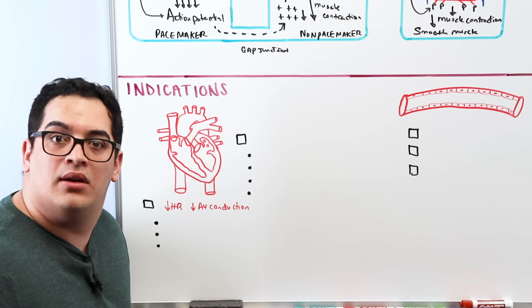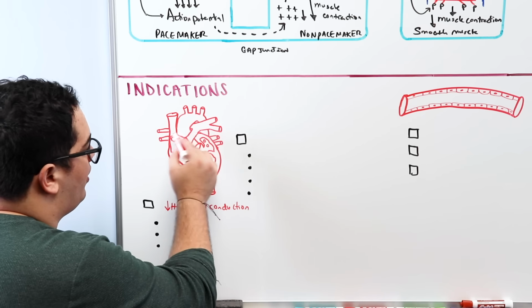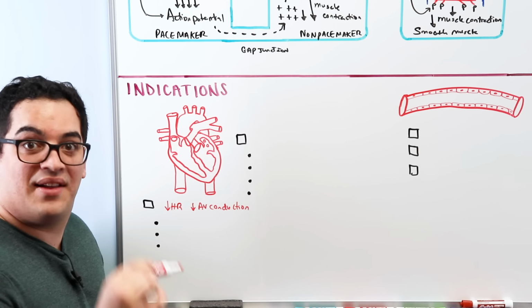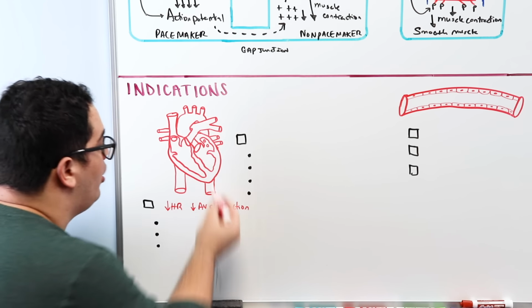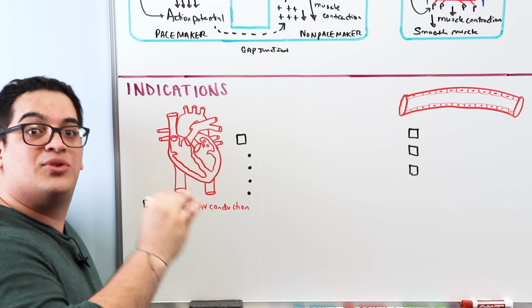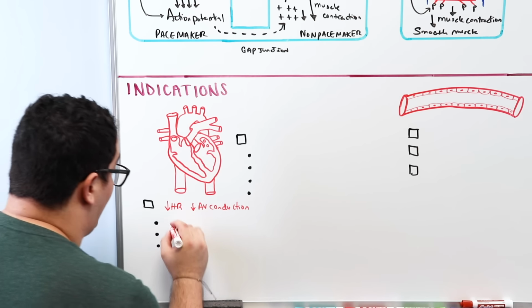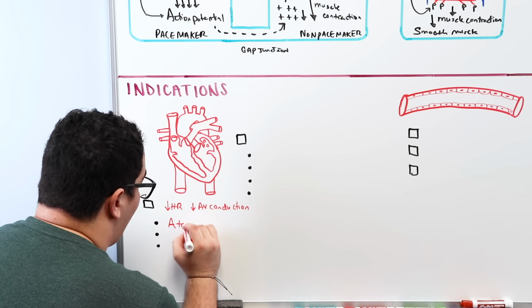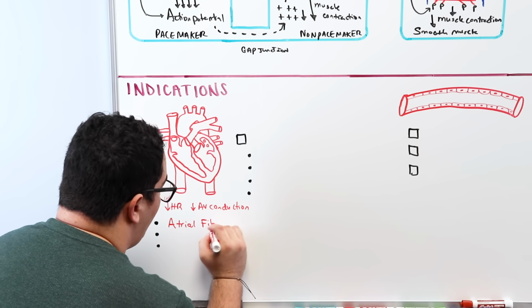What if they have AFib and they have multiple reentrant circuits or multiple ectopic foci that are sending these action potentials through that AV node? What if we block it and we give it time to reset? That'd be pretty helpful, right? So if someone has atrial fibrillation,